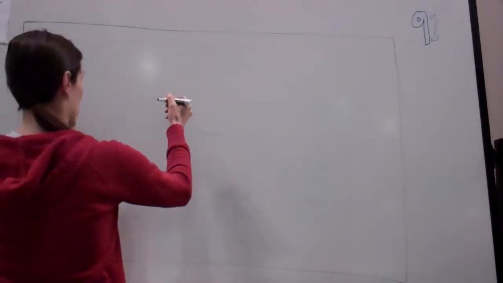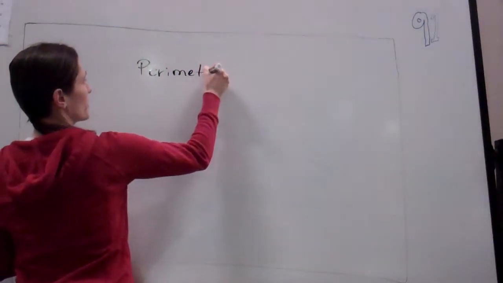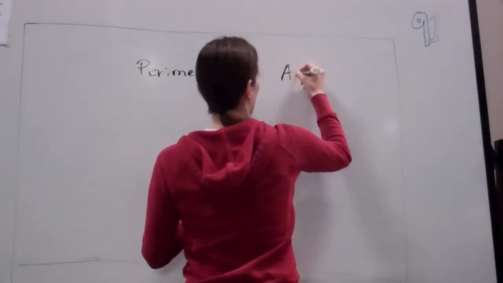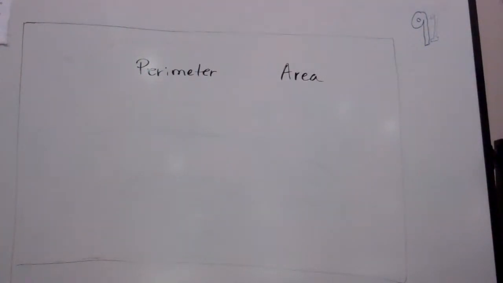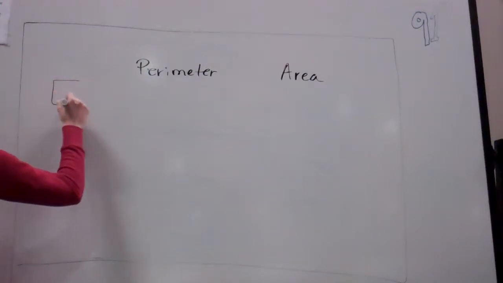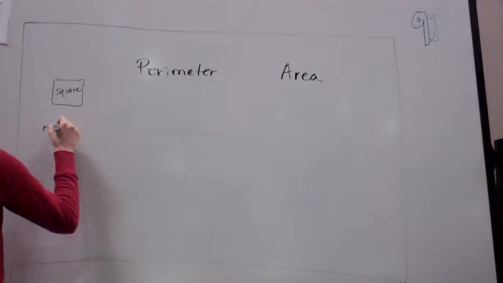One is geometric formulas. All that to say is we're basically going to review what the formulas are. So the two things we're learning about are perimeter and area. Those are the two things that y'all have learned so far. And the shapes we're going to look at are a square, a rectangle,